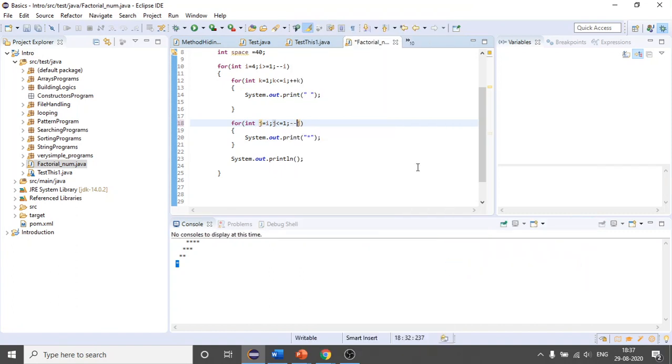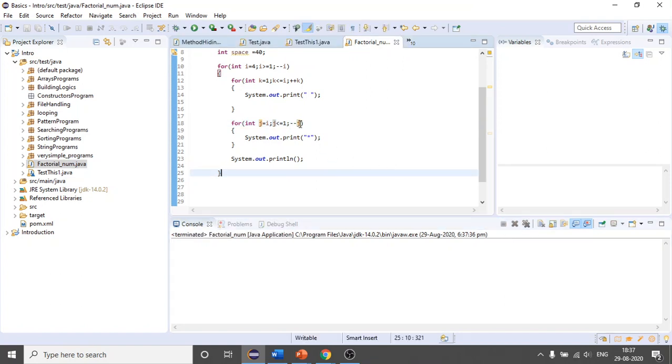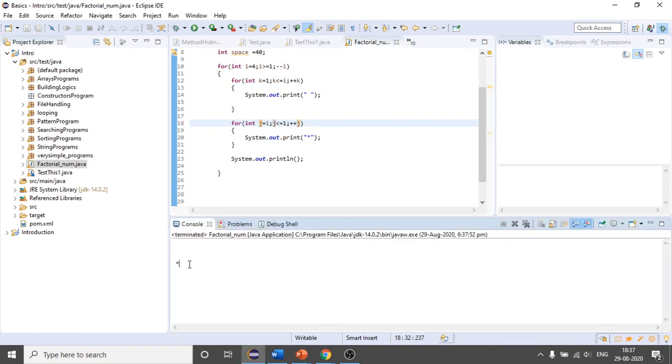See, there are many methods. There may be more than one method, but I prefer this. See, I think it has gone into an infinite loop. You can see. Okay, terminate. Let me terminate it because I think we should have written plus plus j. This time it should work. Okay, this time it has printed only this.